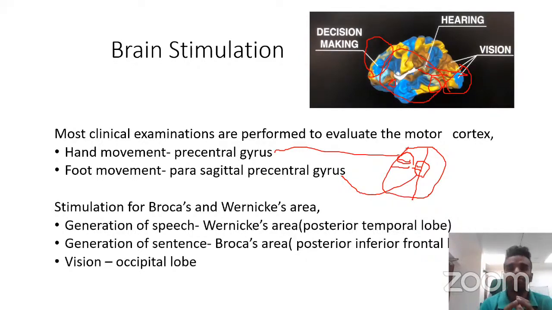So these are some of the main brain stimulation regions. But I would say when it comes to clinical setups, these 4-5 are the main activities which we give to the patients, like hand movement, foot movement, and speech, sentence, and vision, etc. And next,